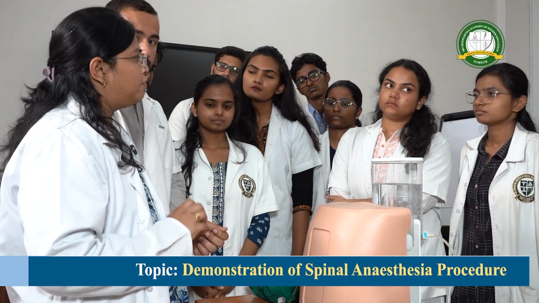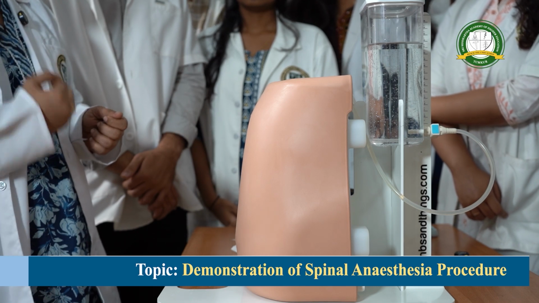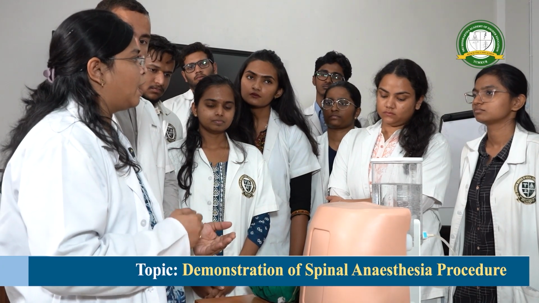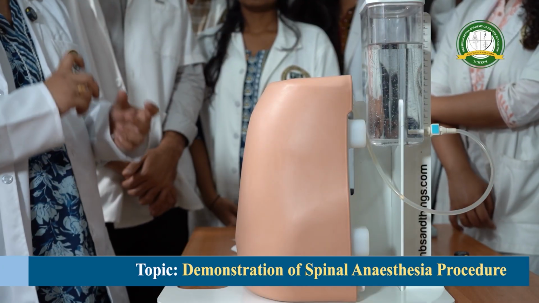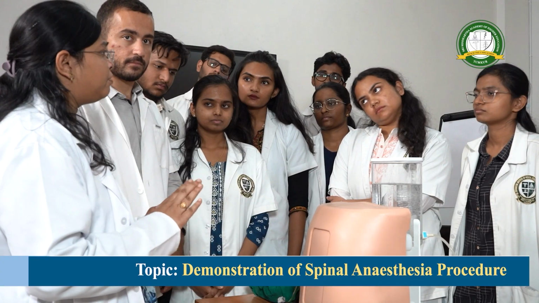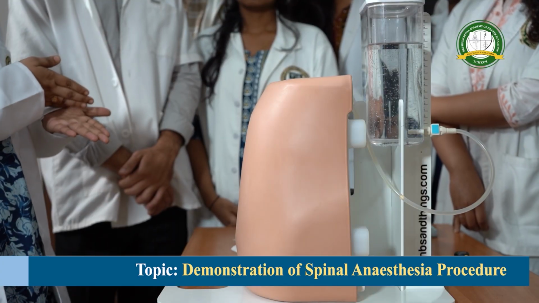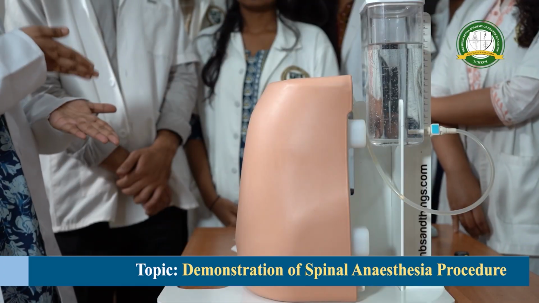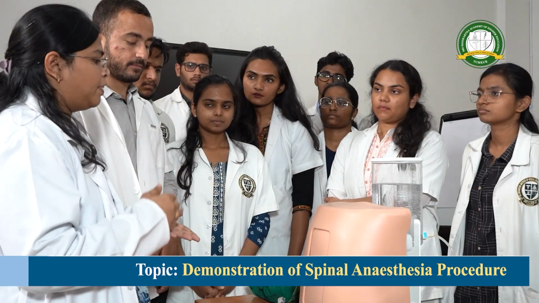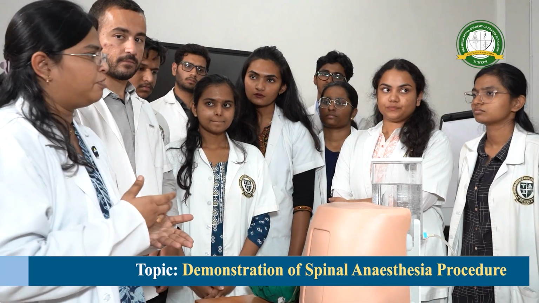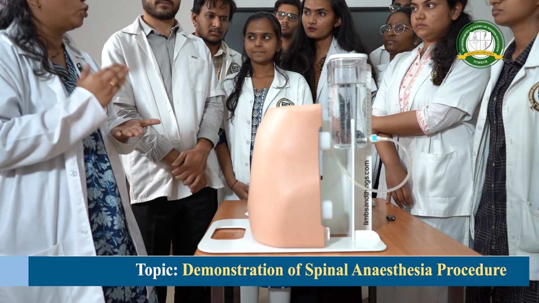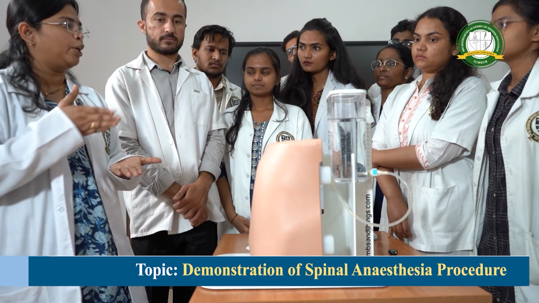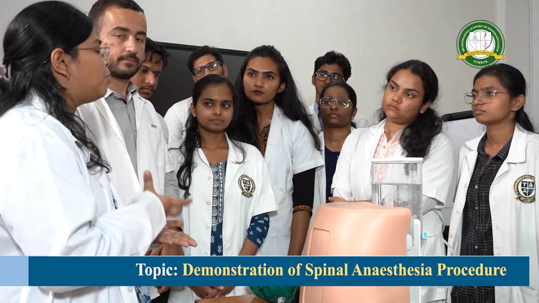Then you have to remove the stylet to check whether CSF backflow is there or not. Once you have seen that CSF is flowing backward and it's confirmed, you have to inject the drug. After giving spinal anesthesia, you have to monitor, as spinal anesthesia will cause blockade of autonomic, sensory and motor function. In the autonomic system, there will be decrease in heart rate and hypotension. There may also be chances of high spinal or total spinal. If the patient is complaining of any breathing difficulty, you have to manage the airway either by intubating, by supplementing oxygen, or by bag and mask.